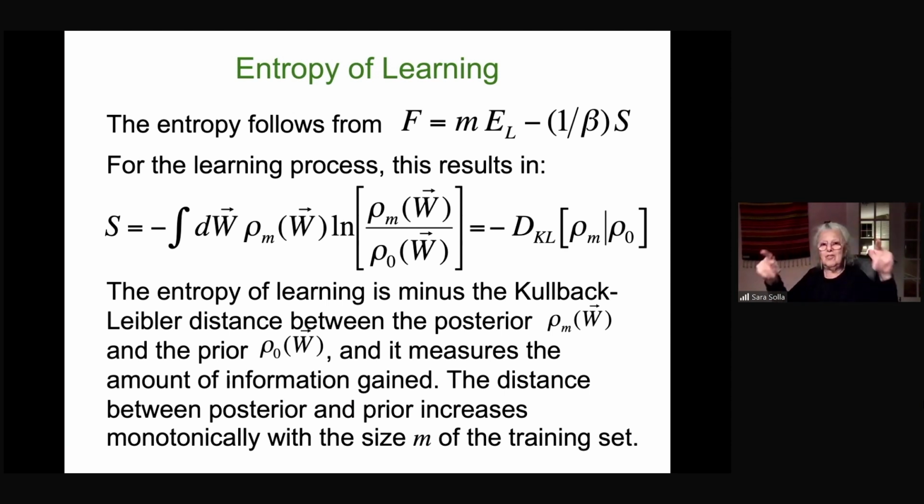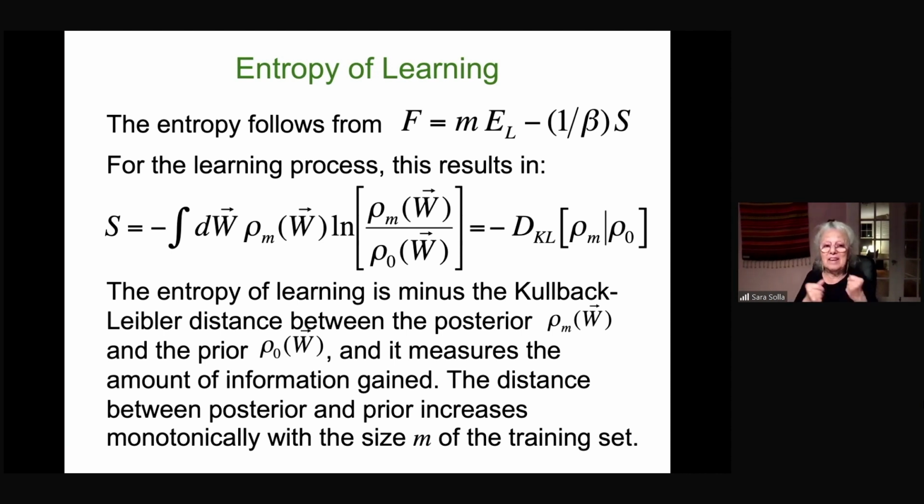So the prior is very tolerant, right? We use priors that don't exclude networks because we know nothing and we want to have a very rich, very expressive ensemble to begin with. So we expect rho 0 of W to have a large entropy. But of course, we have been excluding possibilities, or decreasing the contribution of some of those possibilities to the ensemble, according to the error that specific network configurations made on the training set. And therefore, rho m of W is going to have a smaller entropy. So there is an entropy reduction,